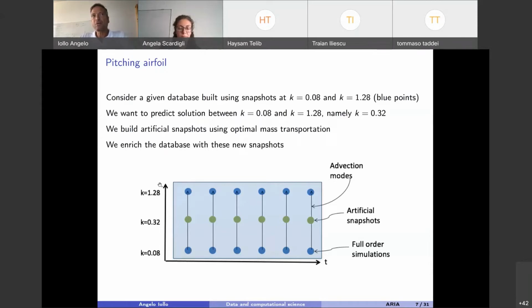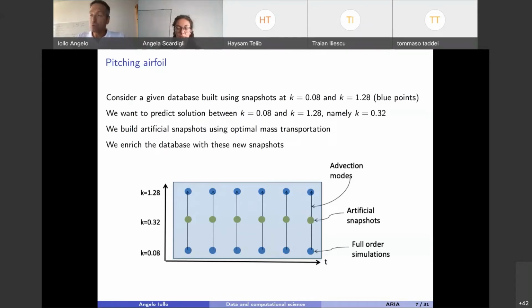It's K equal to 1.28, okay? And let's create those green artificial snapshots that we will include in the database in order to enrich, so to make what we call here data enrichment, okay,